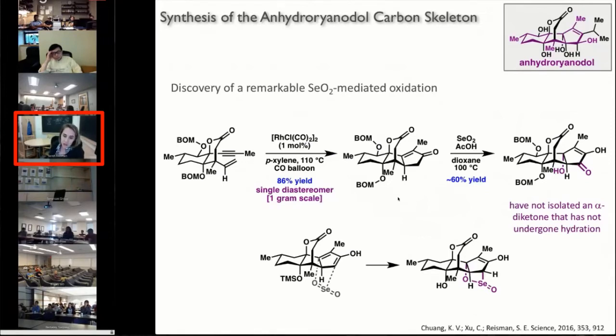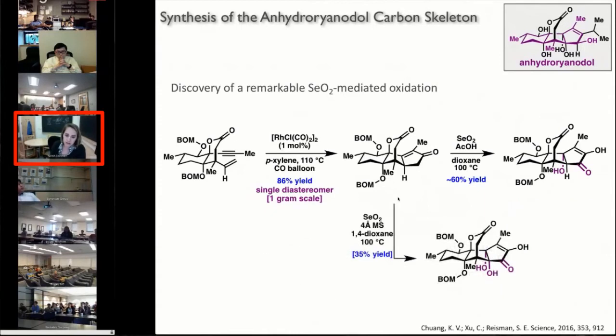And to do so, we really wanted to think about whether or not we could improve the yield of this reaction. So we started looking at various conditions using selenium dioxide, but perhaps buffering. We thought that one problem might be that the protecting groups are falling off at 100 degrees in acetic acid. And so we started looking at conditions where we didn't have acetic acid present. And if you go to the next slide,